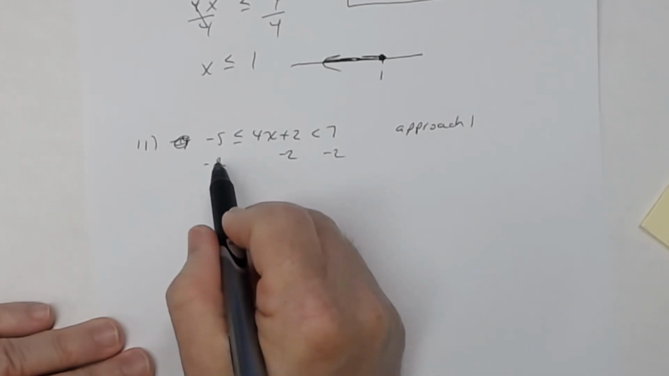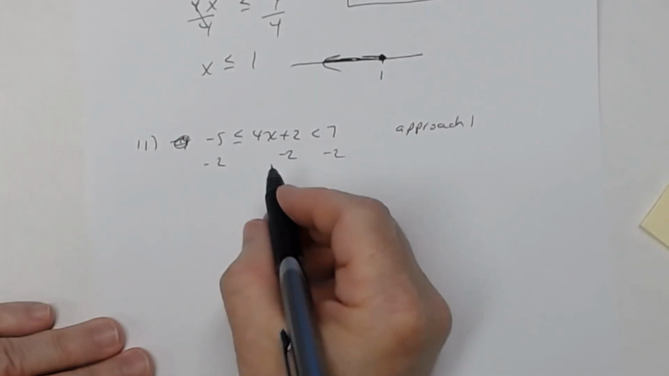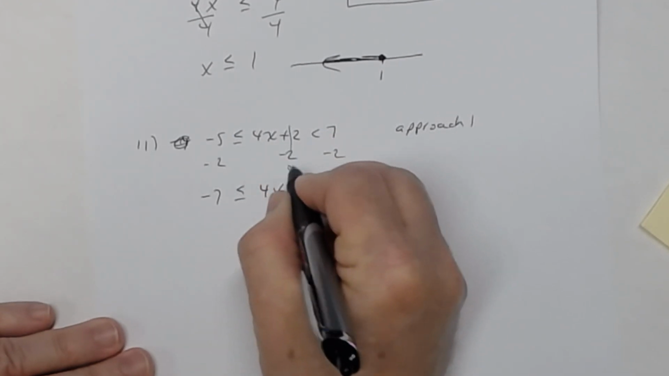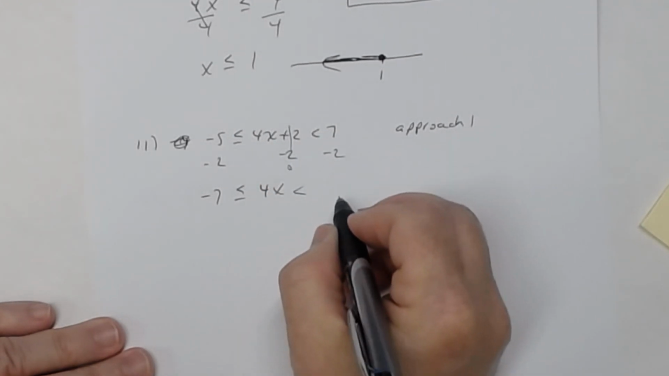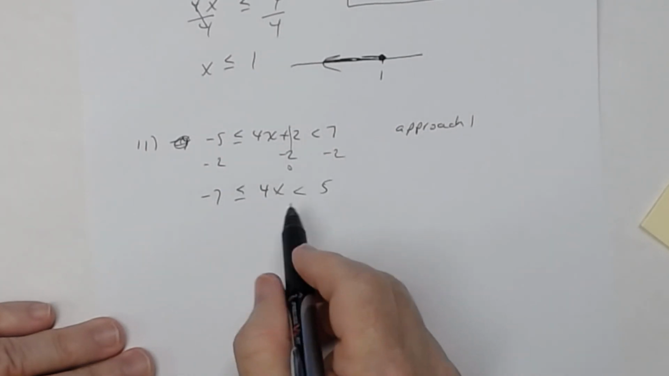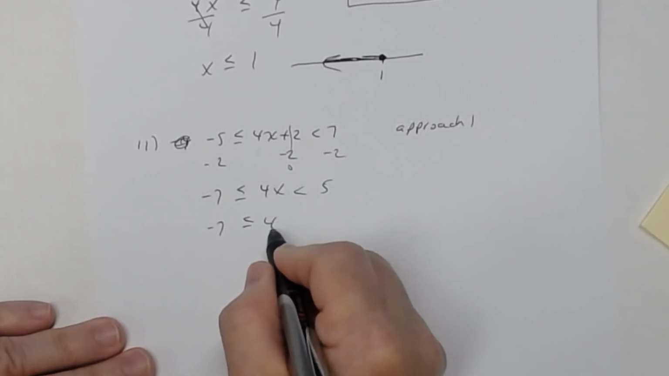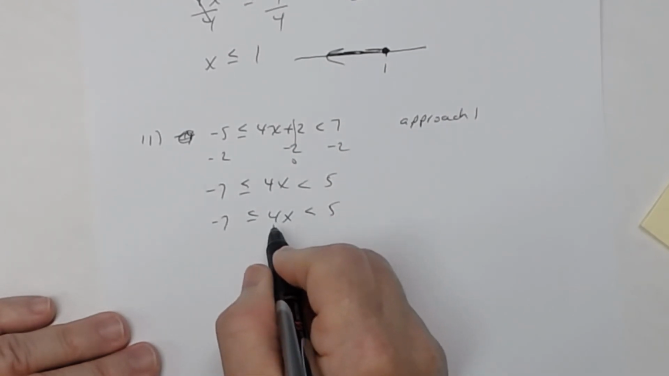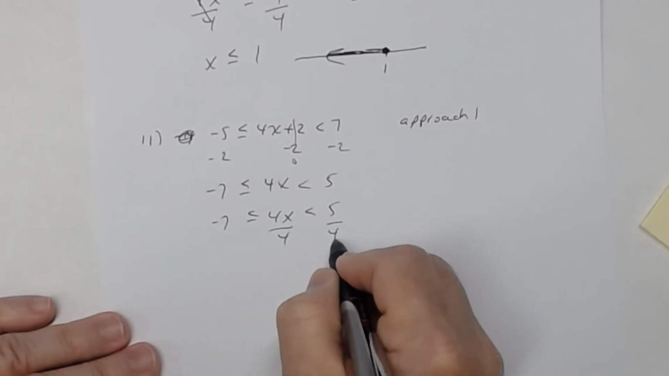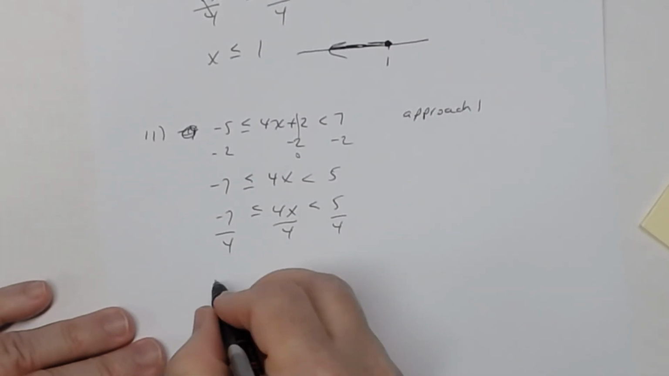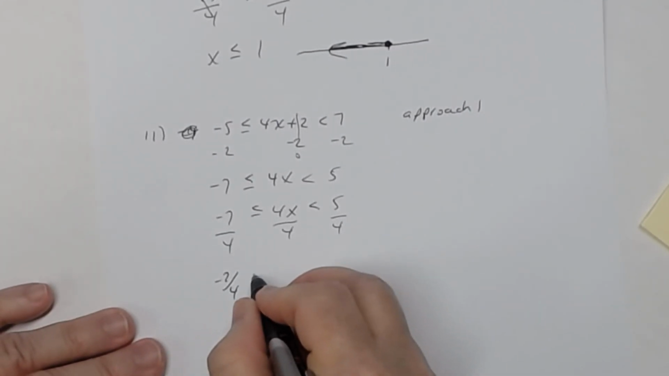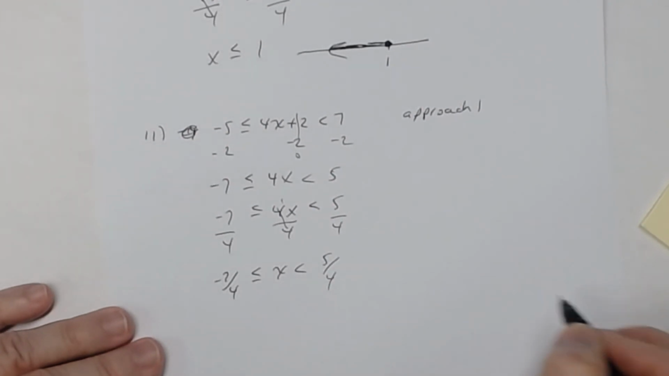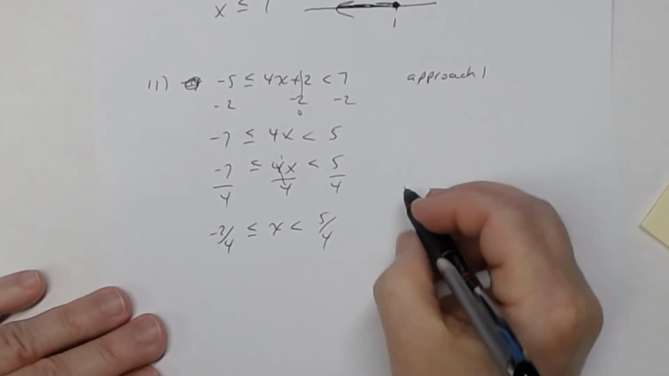And now combining like terms, a negative 5 and a negative 2 is a negative 7, is less than or equal to 4x, this is 0, is less than, and then 7 subtract 2 is 5. And then finally, and we go ahead and rewrite this over, to get x by itself, right now you're multiplying by 4, the opposite is divide all parts by 4. And so I get negative 7 fourths is less than or equal to x, and that's less than 5 fourths. And so in interval notation,